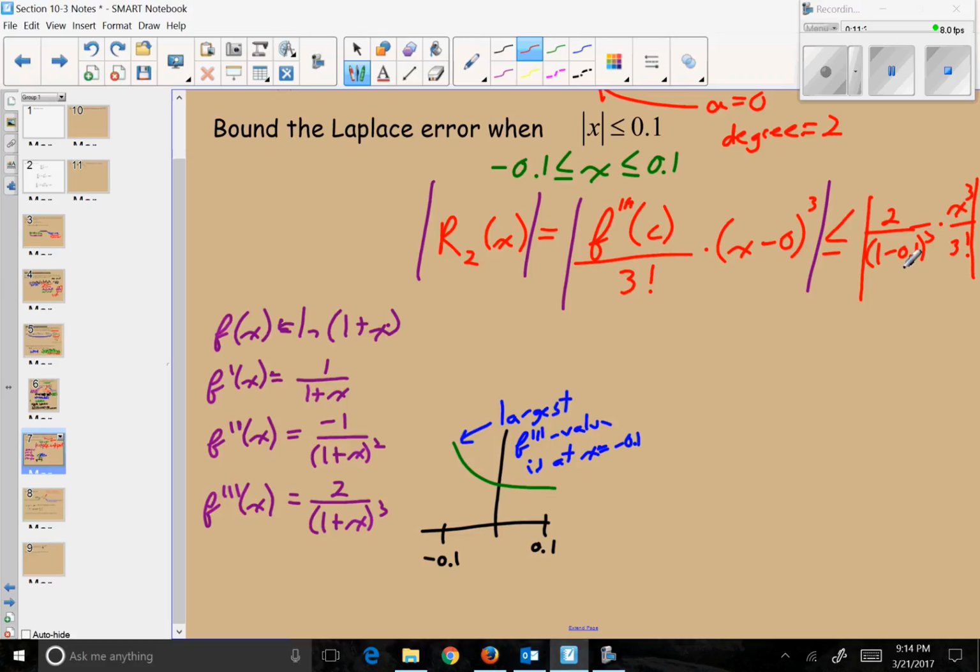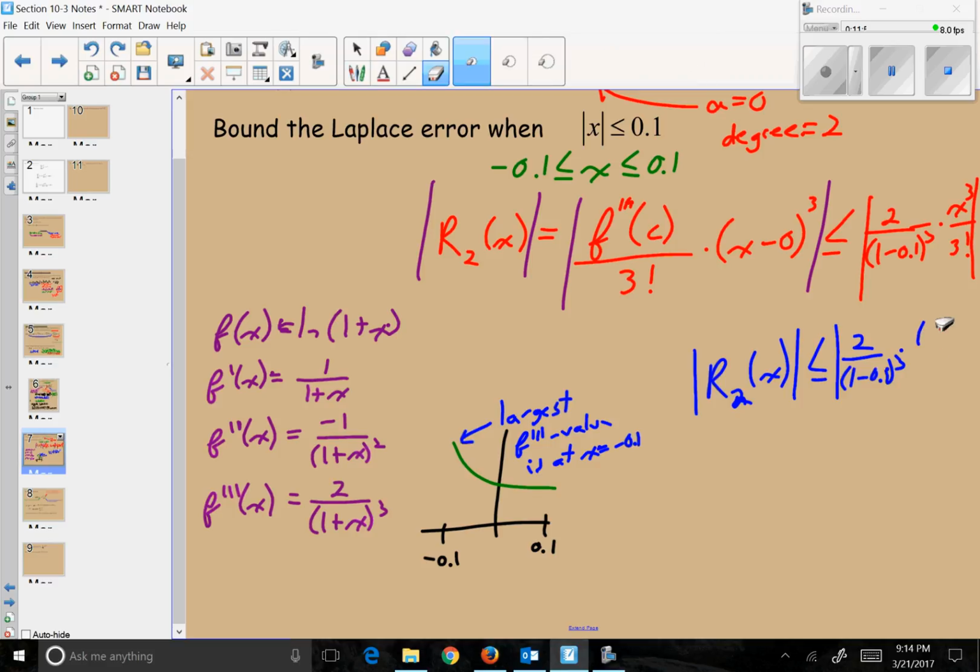But what did I just plug in for x? I plugged in 0.1, so the absolute value of my remainder is going to be less than or equal to the absolute value of 2 over 1 minus 0.1 cubed times negative 0.1 cubed, because that's what I plugged in for my x,